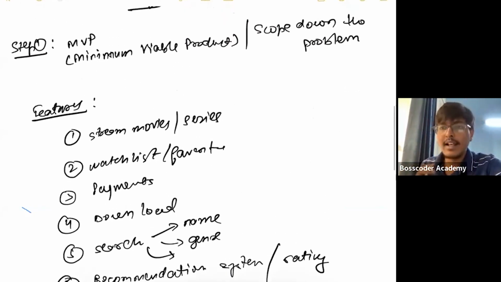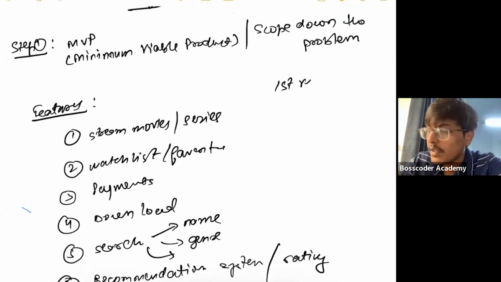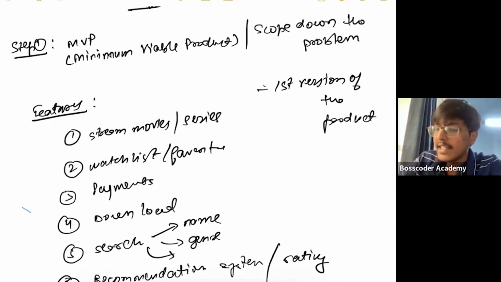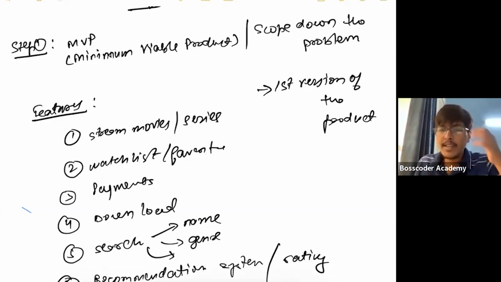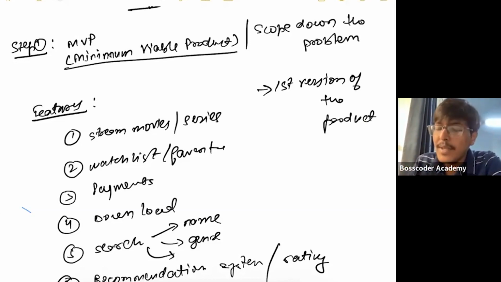So what I wanted to say is there are a lot of features within Netflix, and you cannot design all of them in the first version of the product. Think of the first version of Netflix. Does it have all the features? Or think of when you first used Facebook. Is it the same as it is right now? Or Instagram, is it the same as when you used it the first time? No, right? So how product development works is that you start with a bunch of features which are core to your product, then you test it with the users and then add more features. So this is something known as a minimum viable product, that you start with the MVP, right?